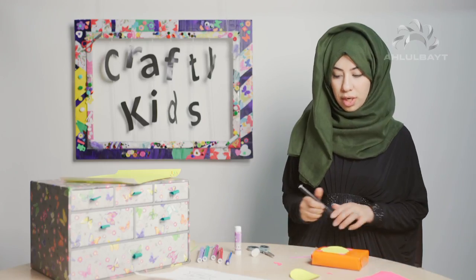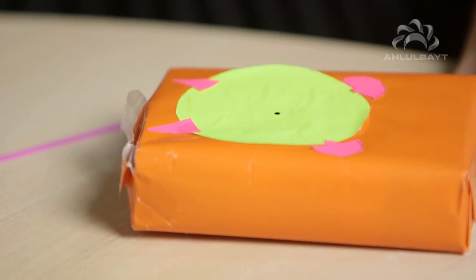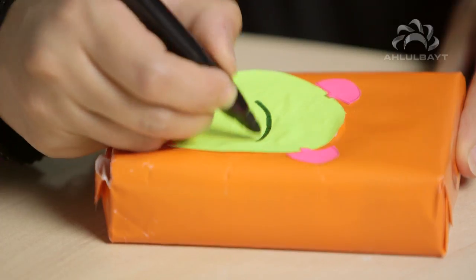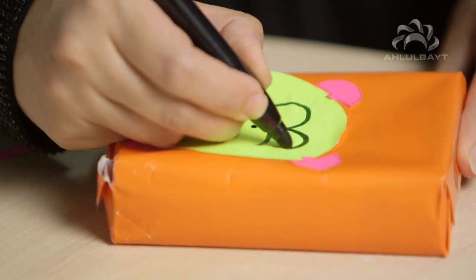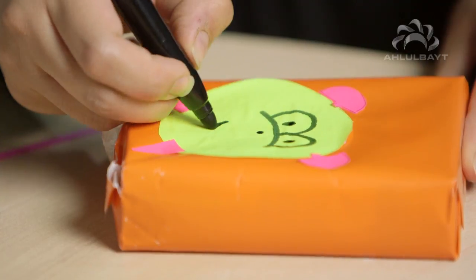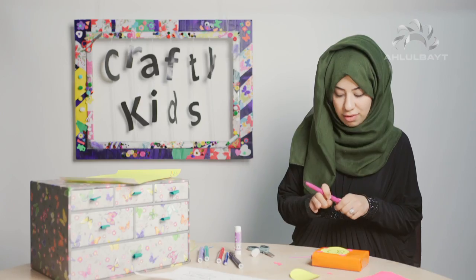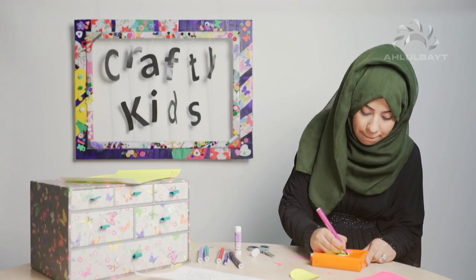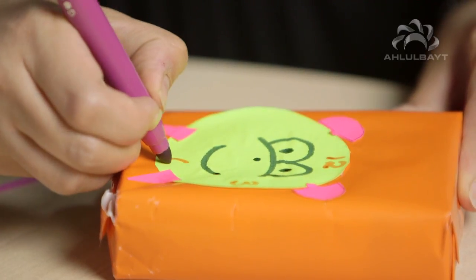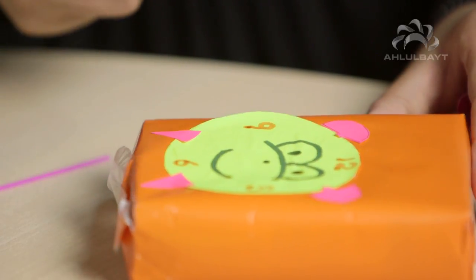Okay, so after I've stuck those on, I'm now going to add a little circle in the middle, and that's where the nose will go, and that will be the center of the clock. And I'm going to add 2 eyes, so I'm going to do a line and 2 dots like that, and add little eyes like that, and I'm going to add a little smiley face. Now, not forgetting the actual clock. So first I'm going to add the number 12 at the top, and I'm going to add the 3, the 6, and the 9. You can also add the 1, 2, all the numbers in between if you like,